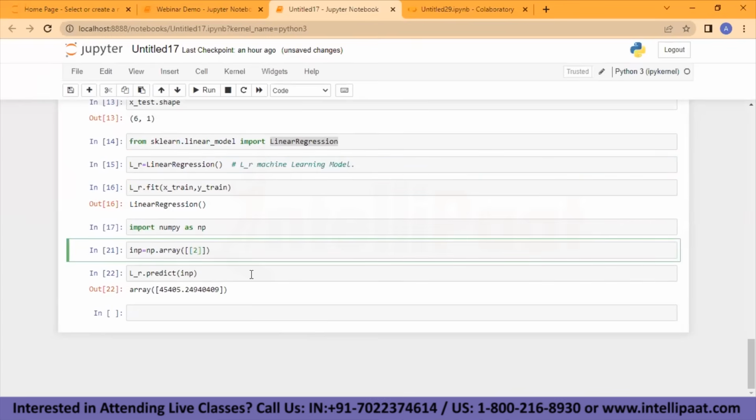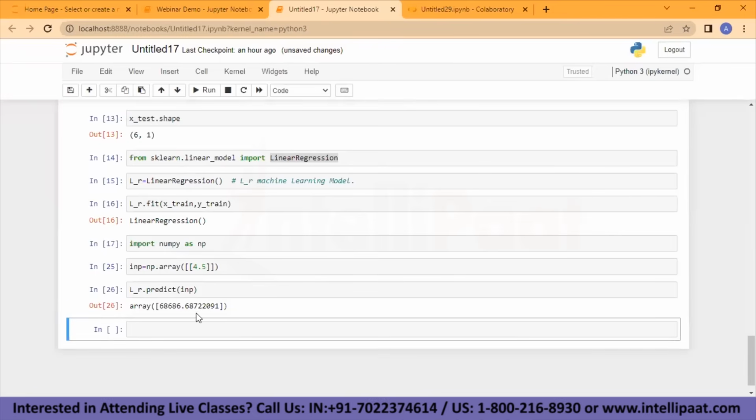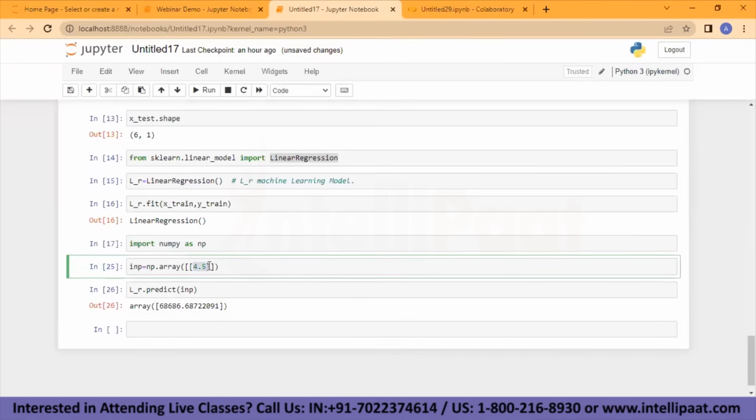So for now, let's say I want to see, okay, if I'm having an employee who will be having around 4.5 years of experience, right? So what will be the salary? I'll simply go ahead, I'll use the predict function, and my model has predicted that if an employee will be having 4.5 years of experience in an organization, the salary will be somewhere around